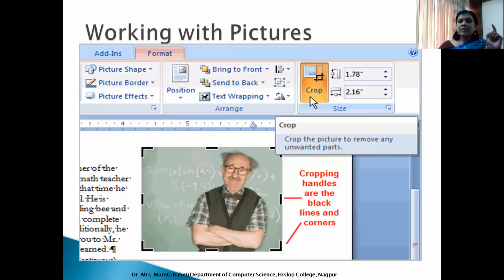The next option with respect to pictures is crop. Suppose I am taking the screenshot of this particular screen. I don't want the extra. Suppose I take the screenshot right now by pressing the print screen button. I'll find that two black lines are coming on the screen. So I'll trim out those black lines from the crop option. And this crop option will help me to get only the image that I want. I'll just cut out the unwanted parts.